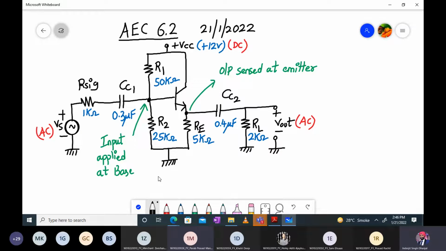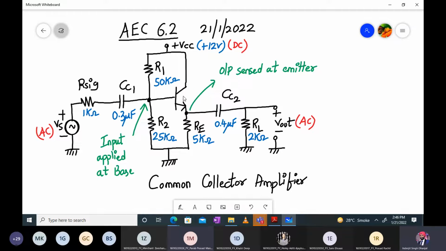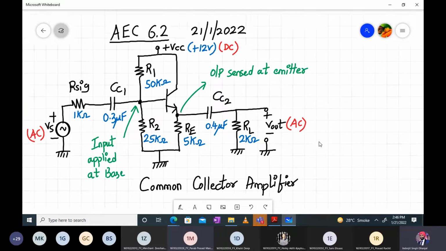So the above configuration is a common collector amplifier. So you have to be very, very careful and vigilant. It looks like a common emitter, but it's not a common emitter. The collector terminal is directly tied to the VCC. So what they are asking us to find out, they are asking us now to find